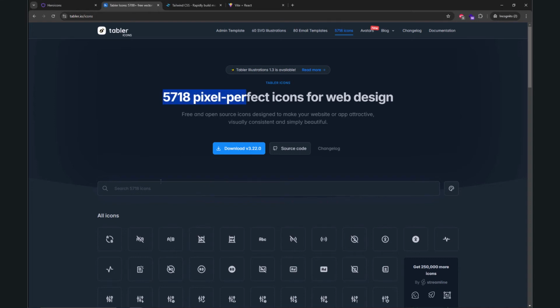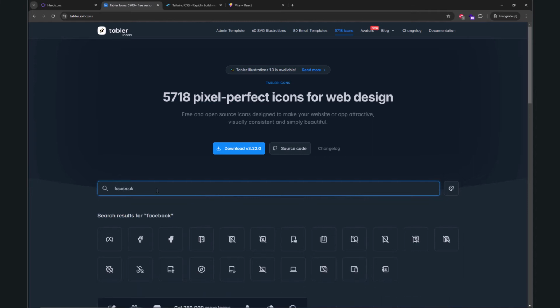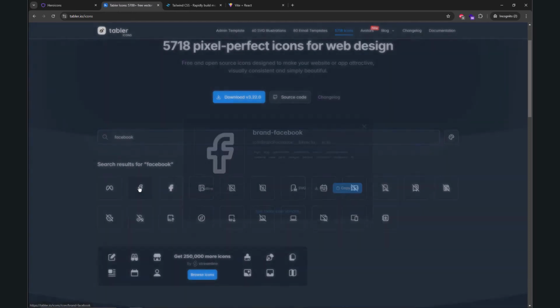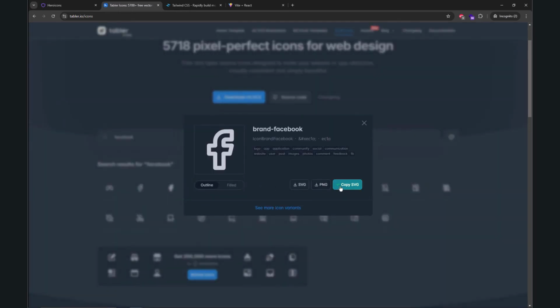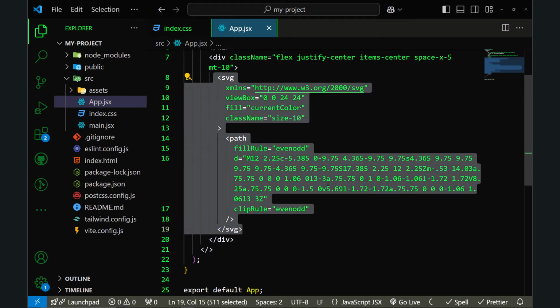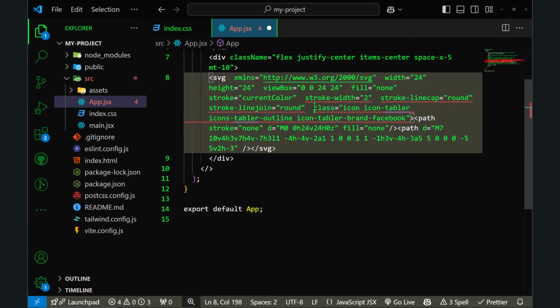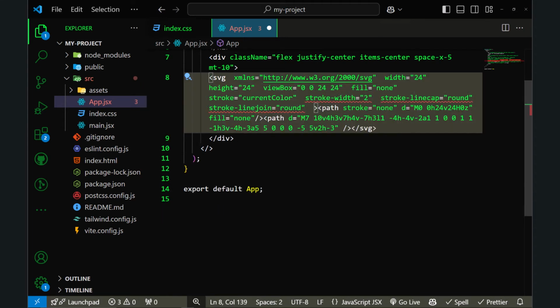So let's copy the Facebook icon from here. So you can copy any of the icons from here. So let's copy this one. Copy SVG and let's go to the code. Let me remove this icon and let me paste the new one, and let me remove these classes because we don't need these classes. Because we are using React, we have to rename these with camel case. So let's rename these properties